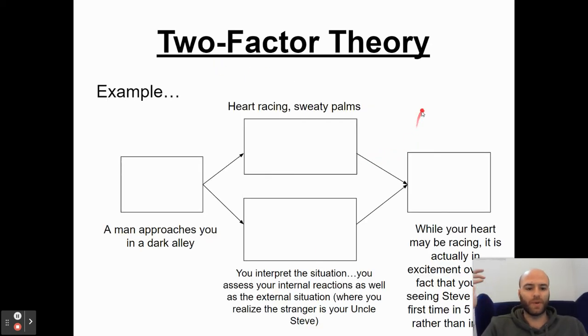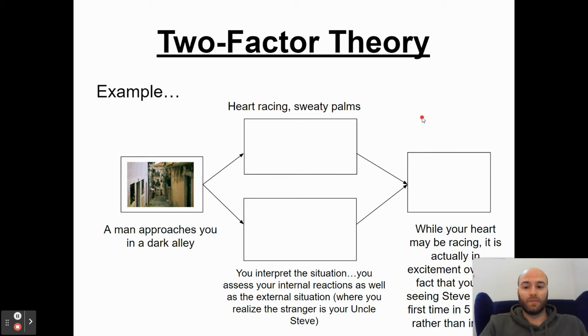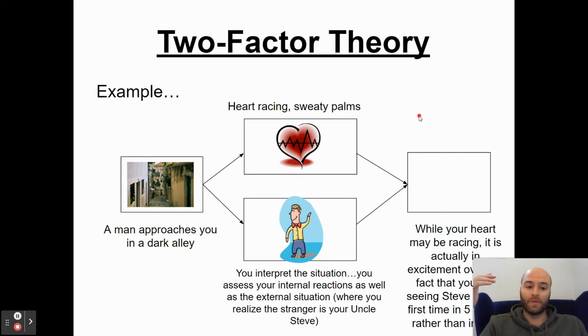So here's an example you could write down. A man is approaching you in a dark alley, right? That's going to probably lead to your heart racing, sweaty palms, things like that, right? Which you'd think would be the same emotion as fear. But you're interpreting your situation cognitively. You're thinking, you realize